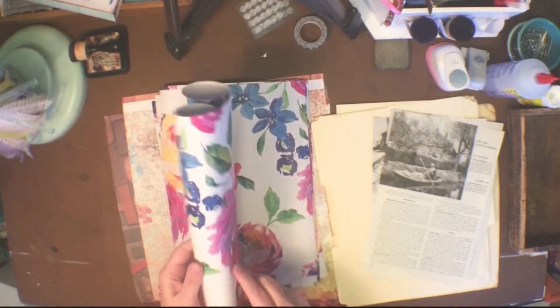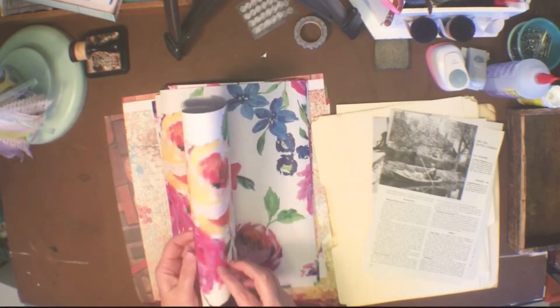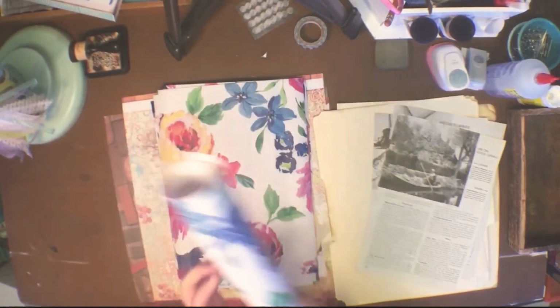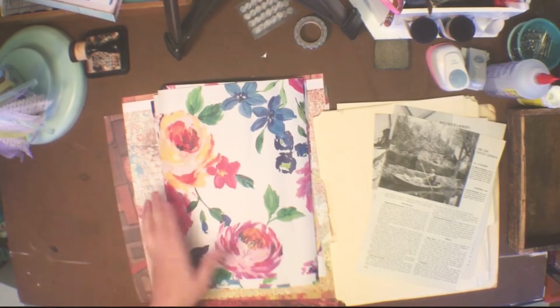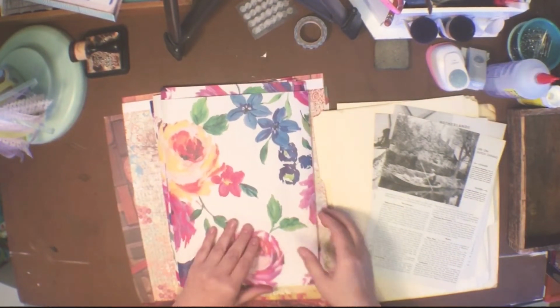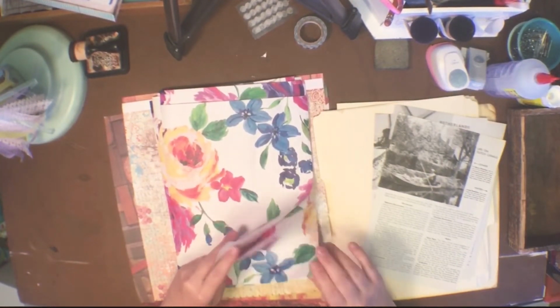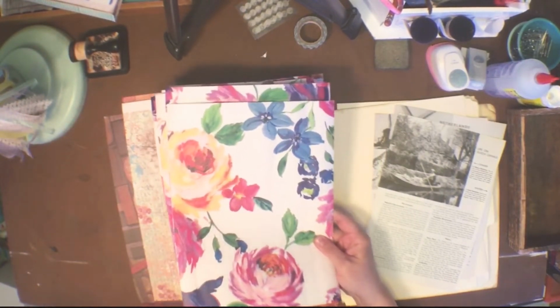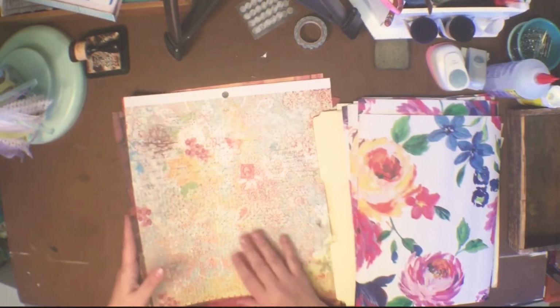So you can use craft paper. If you do pick craft paper, you'll need 6 of the same style. So I have 6 pieces of paper that I cut out here for my main paper, and then an additional piece,